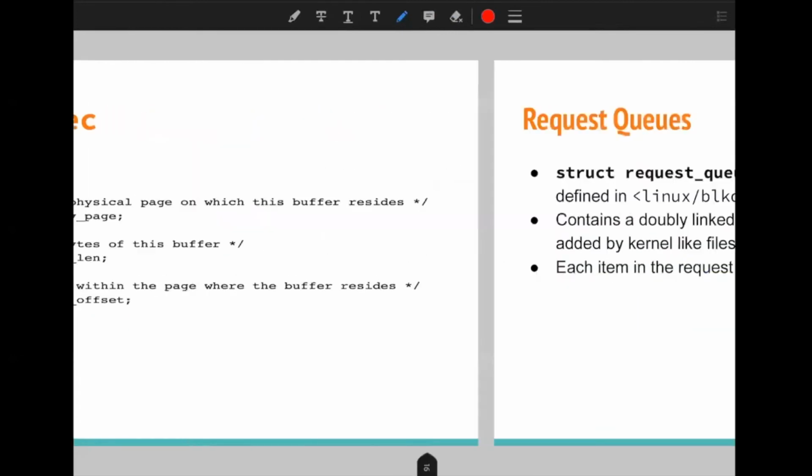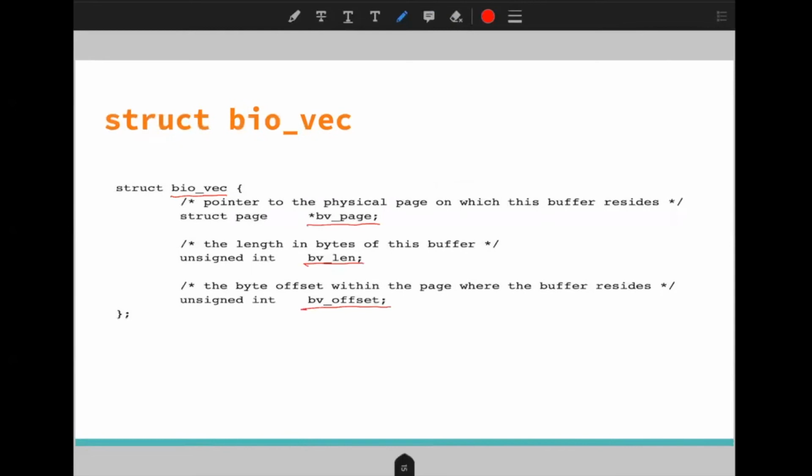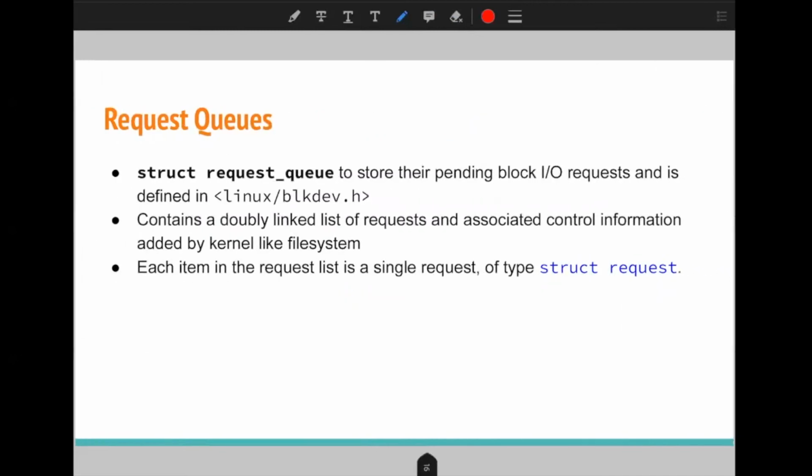So when these IO requests come from the file system to do some IO on the disk, then we keep these requests in the request queue. So this request queue is represented with the help of this request_queue to store all the pending IO requests.